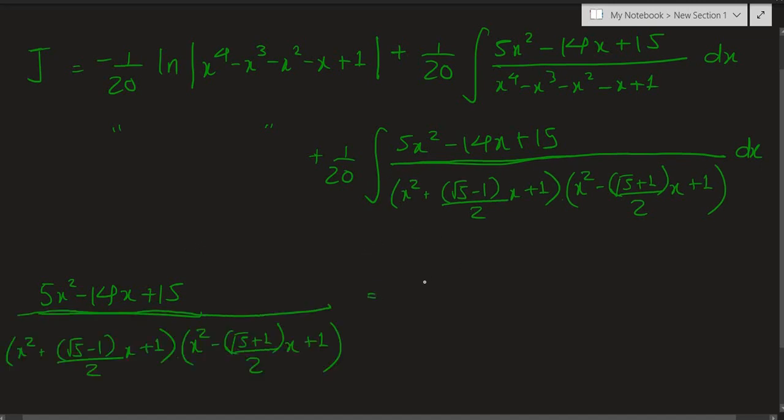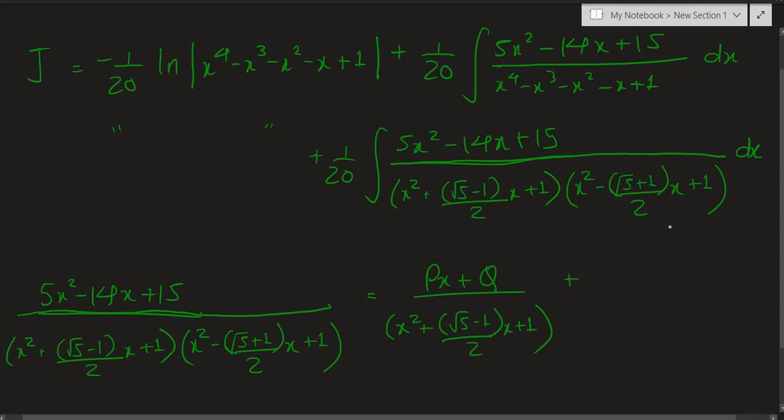This we can write as, well, let the first linear term be px plus q, because we used our ABCDs already, divided by the first factor, x squared plus (square root of 5 minus 1) over 2 times x plus 1,